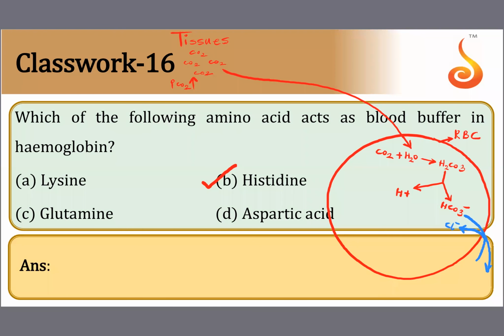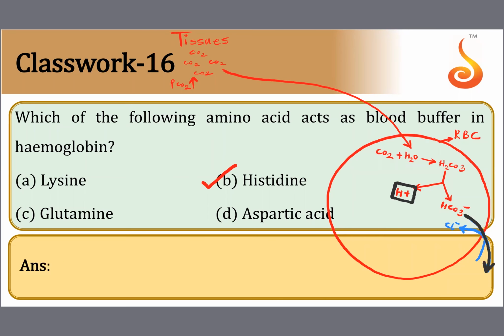HCO3 minus that is formed inside your RBC due to carbon dioxide transport is not retained inside the cytoplasm of the RBC. For every ion of HCO3 minus that is pumped into the plasma, a chloride ion is received into the cytoplasm. Yes, it's called the Hamburger's phenomenon or the chloride shift. HCO3 is going out and chloride is coming in. So this is taken care of. The problem is with this H plus ion.